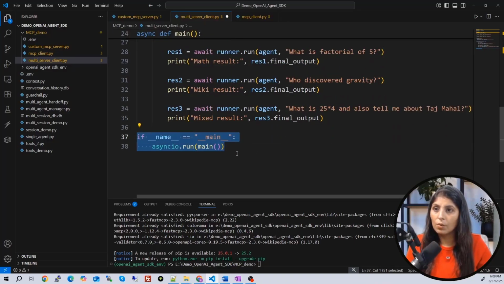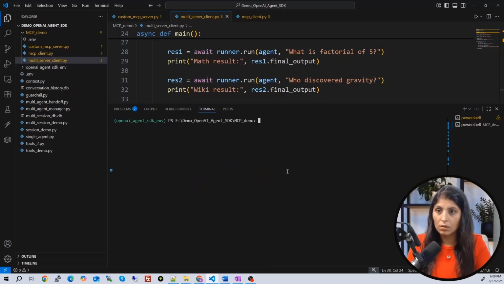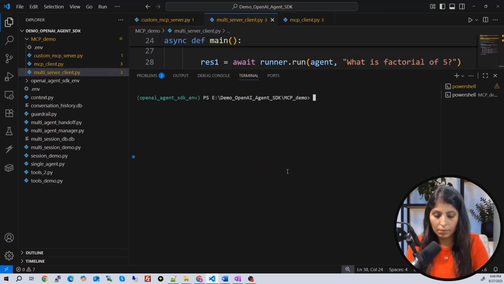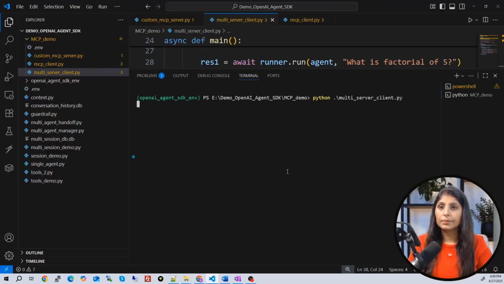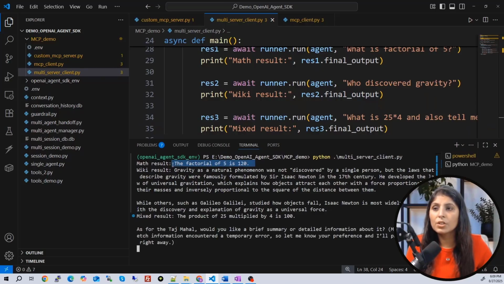So this is how we are running it. Python, and the file name is multi-server client.py. See the answer of the first question.